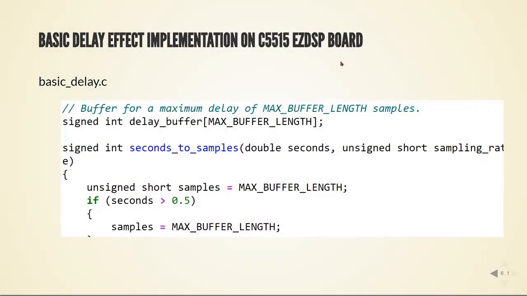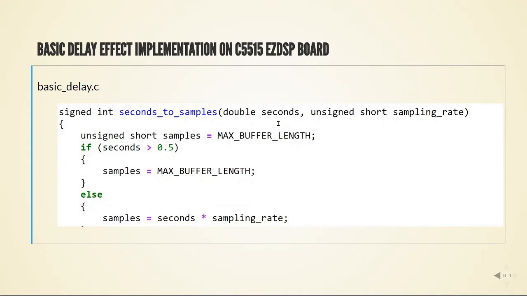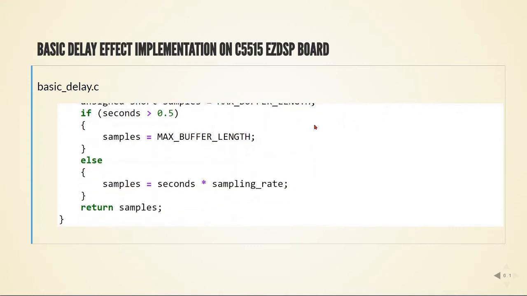And here will be our basic delay effect on the C5515 DSP board. So there will be this file, basic delay, and we're defining here a buffer with a max buffer length. So in our case it will be 0.5 seconds. Here I am defining an auxiliary function to convert seconds to samples. So if a person tries to put a value higher than 0.5, it will limit to the max buffer length, which is our buffer is defined to have a maximum of 12,000 samples, because we are using a sampling frequency of 24 kilohertz. And if it's a value smaller, from 0 to 0.5, we convert these seconds to number of